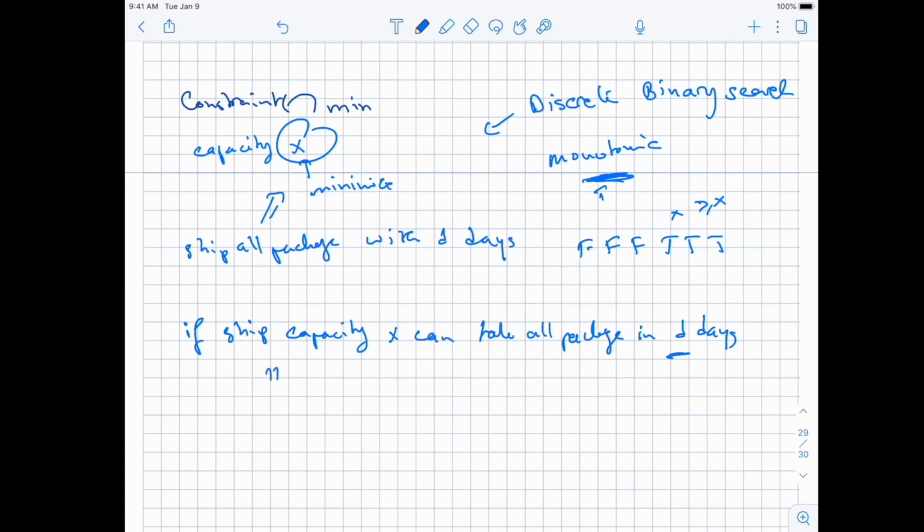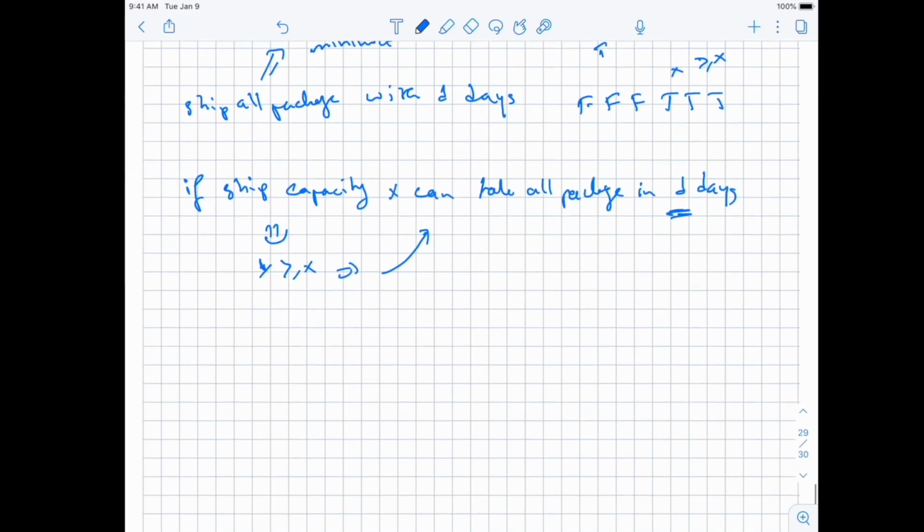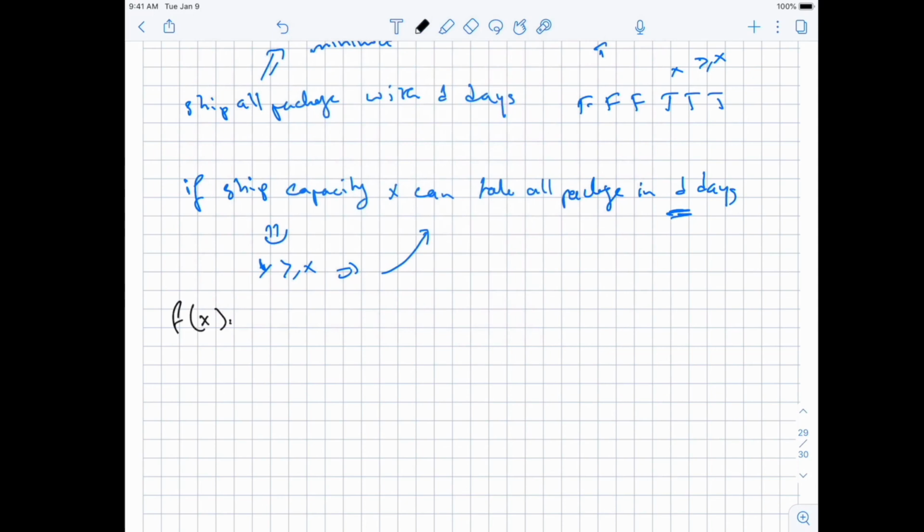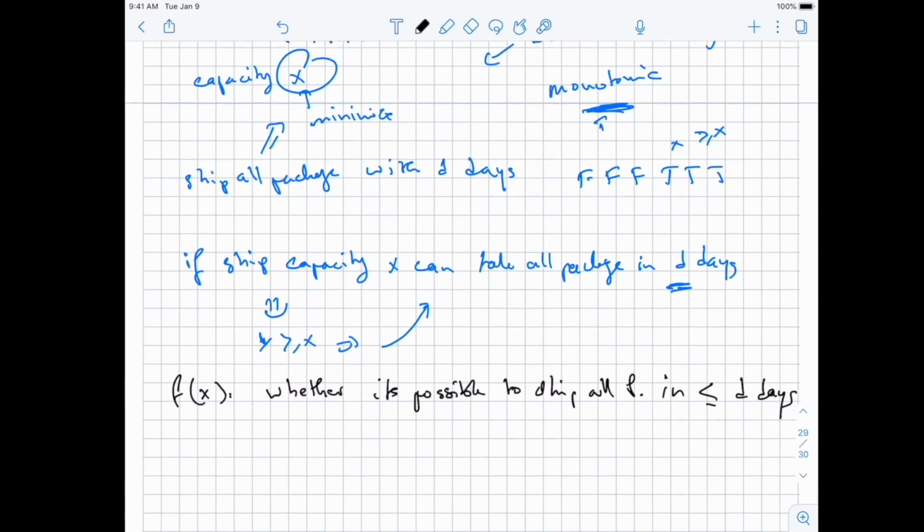And so this basically means that if you have a capacity y bigger or equal to x, you will be able to ship within D days, right? And so if we make f of x be whether it's possible to ship all packages in D days, in less than or equal to D days,